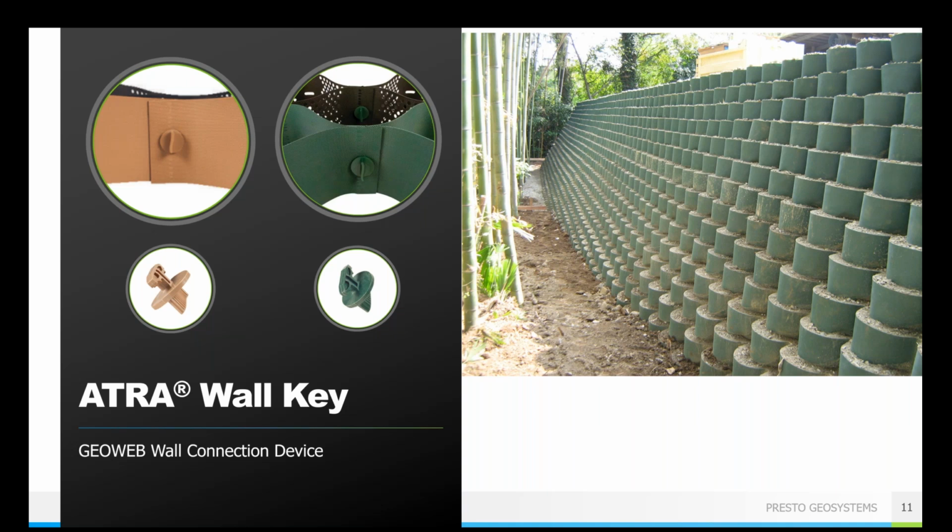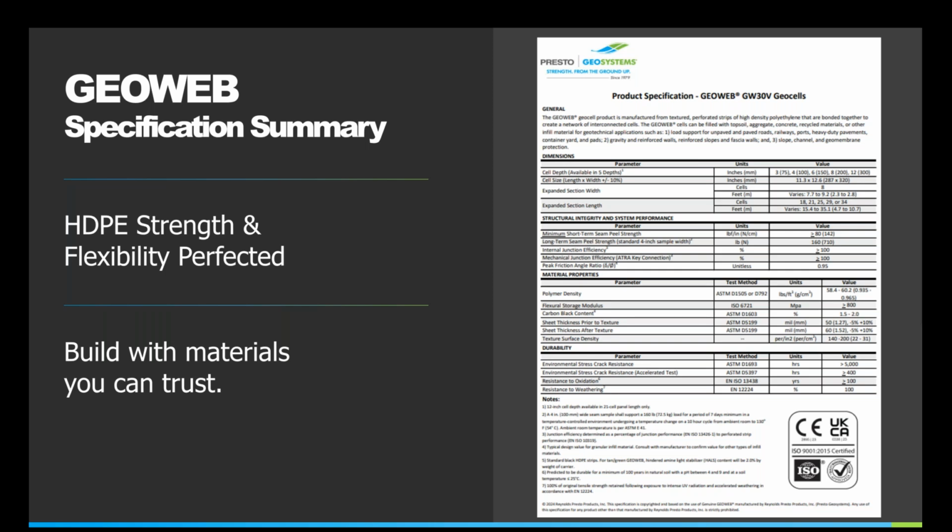And I do want to highlight what a specification summary might look like for a geocell system. In order for a geocell system to perform uniformly, it is critical that both the factory welded junctions, those seams that I talked about, plus the field joint junctions, that's the actual wall key that I just mentioned, are all able to perform at a level that's commensurate with that of the cell walls. So those are the three primary elements of a geocell system: the cell walls, the internal junctions, and the connectors that you should all see on a specification summary.